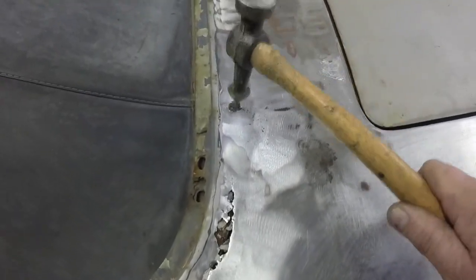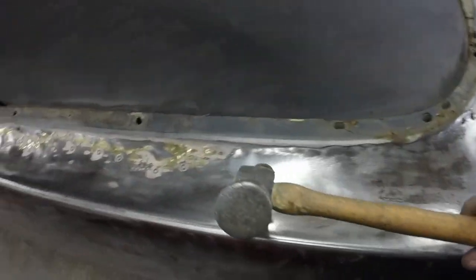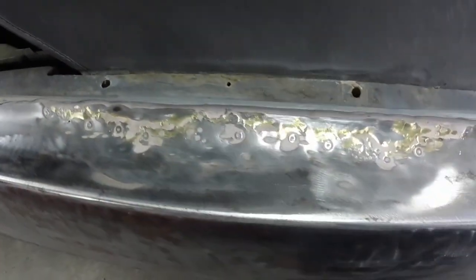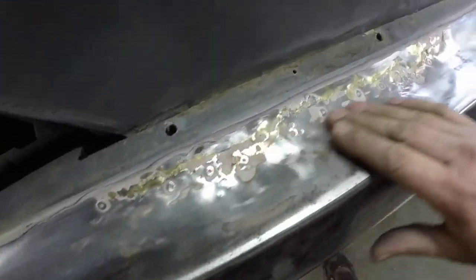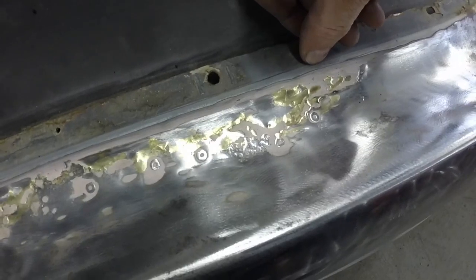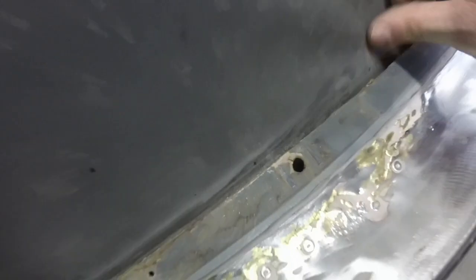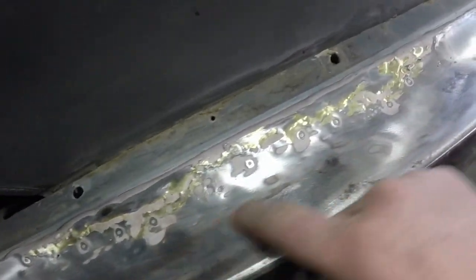And it's dented it there, but it didn't go through. I think that's where the trunk hinge is welded there. And then this, that's all solid, but it's just hideous, and it's just all uneven. And so I'm going to probably, and again, this is all solid steel here, and it's been bondoed right up to there. And so I think I'm going to cut this out just the same as the other side and